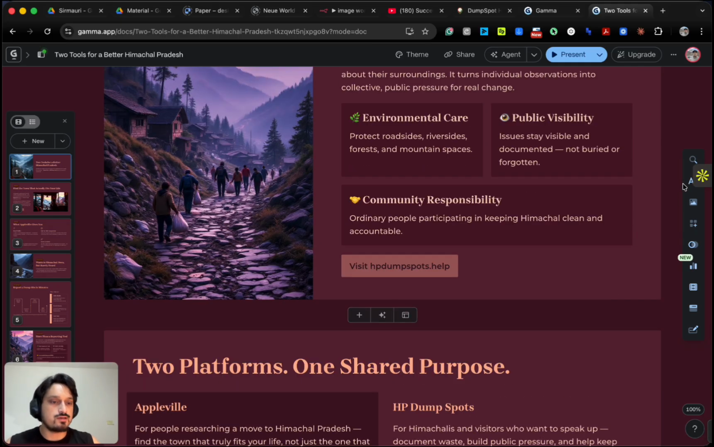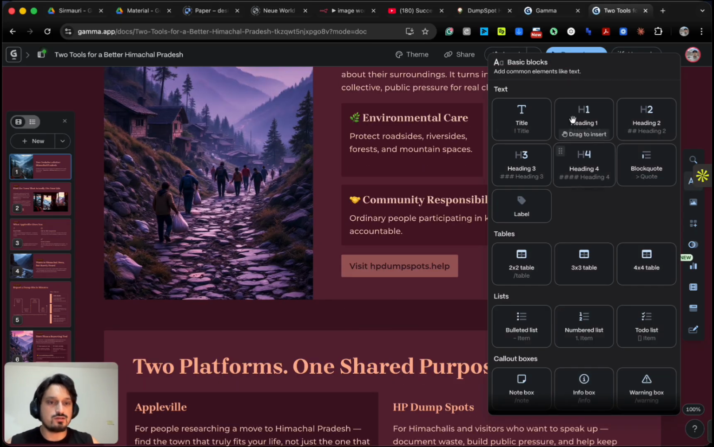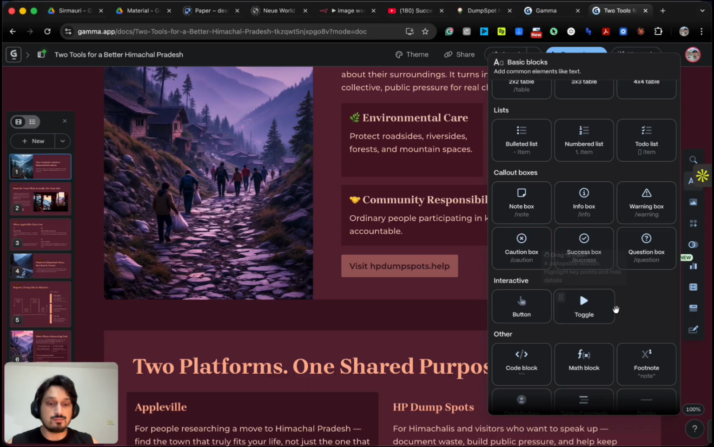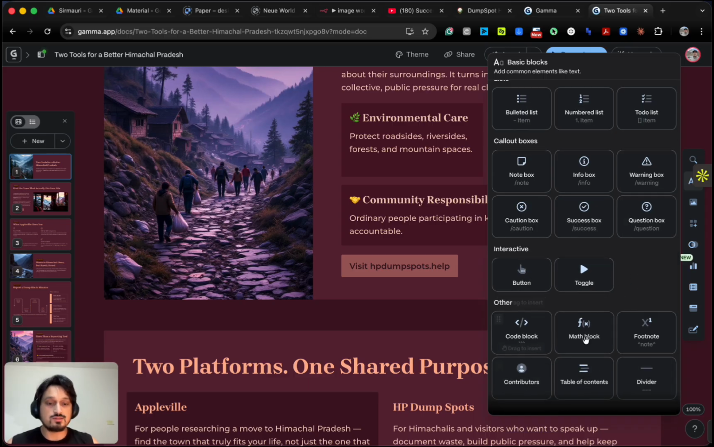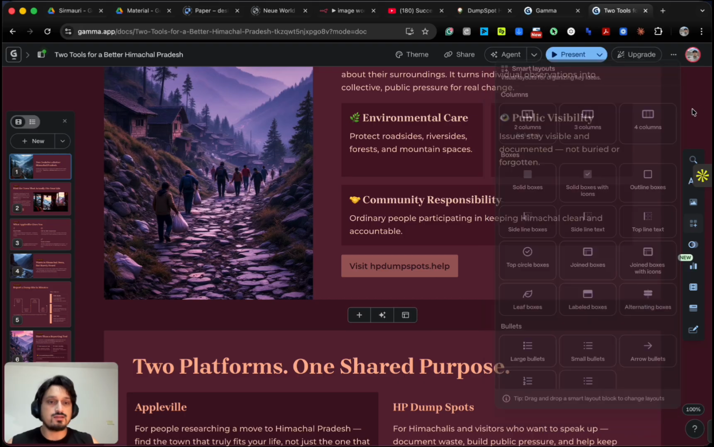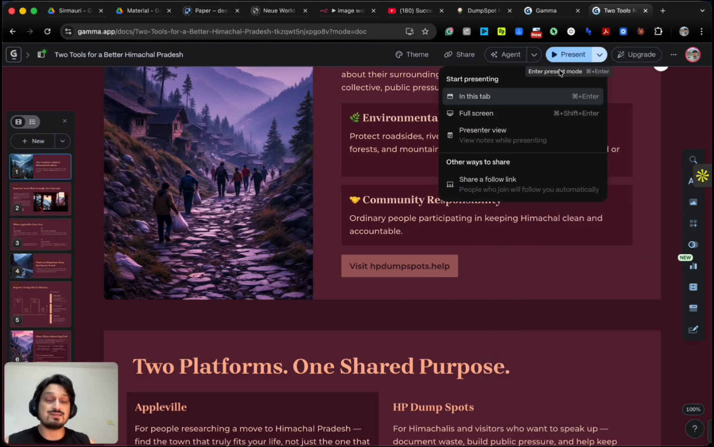So here on the right-hand side, you can change the headings or the text. You can change the layout. You can add a couple of things like buttons and code blocks. You can also add charts, graphs, and all those things. Let's say you are happy with this, so you can also present it. You don't have to download it necessarily on your system, but if you want to present it from here,